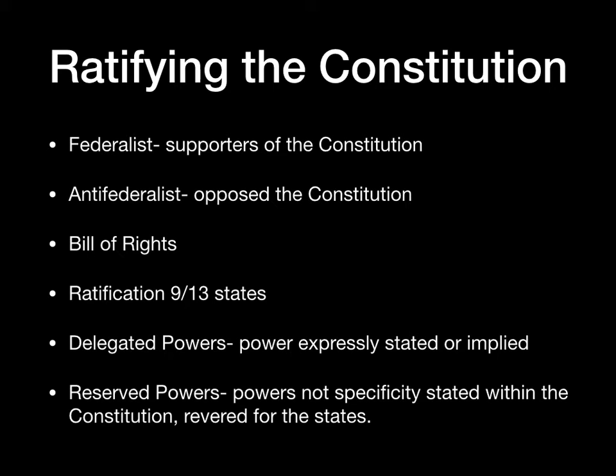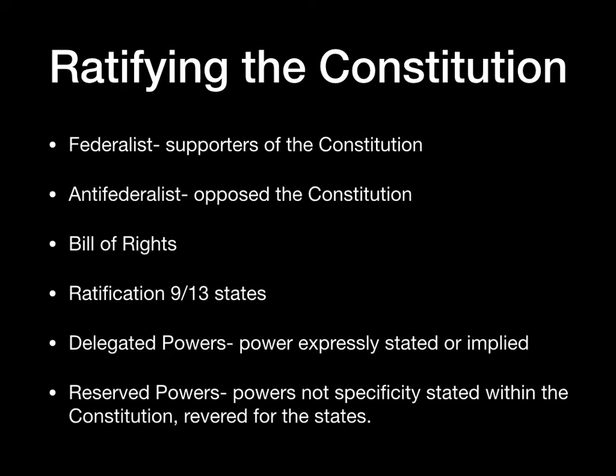And remember, the Articles of Confederation, as I had talked about in class, was too hard to amend. You had to have all 13 states agree. With ratifying the Constitution, you only needed 9 out of 13 states to get it passed. And so we see 2 factions start to form in the Constitutional Convention.